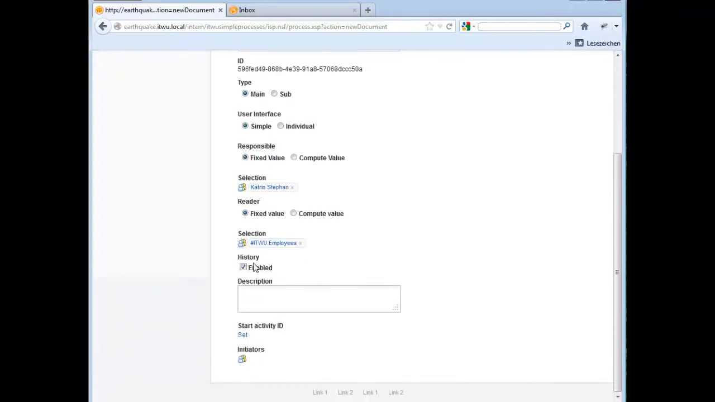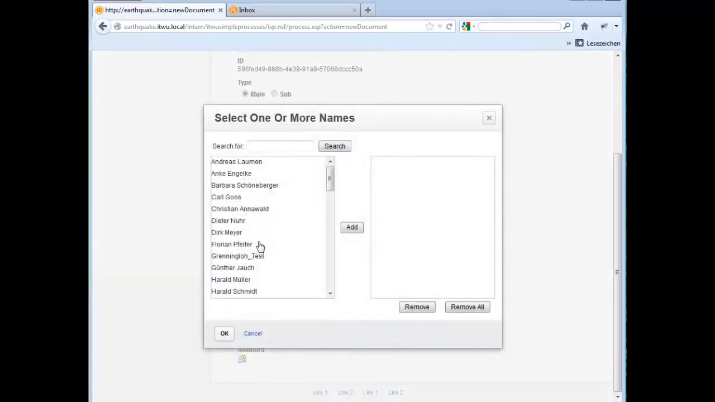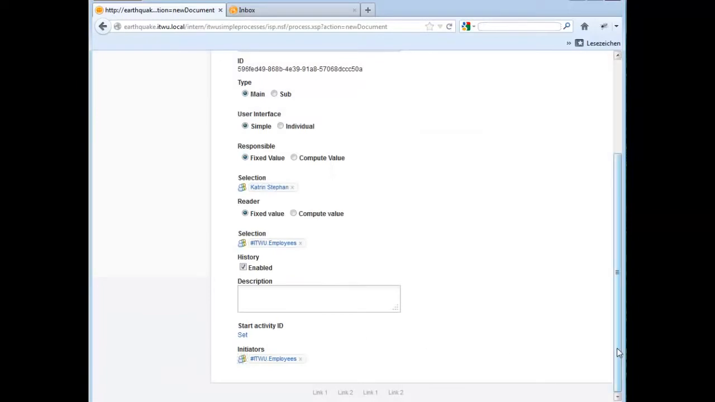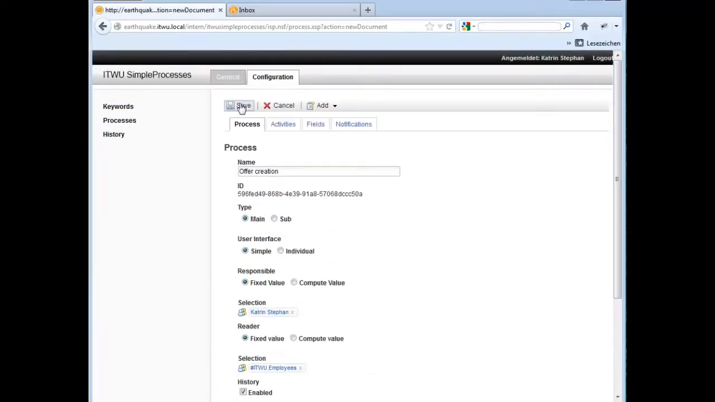Then we can choose if we want the history to be enabled. We drop the description for now and go directly to the selection of the possible initiators of the workflow. For we do not have added any activities to the process yet, so we cannot set a start activity for the workflow yet. So for the initiators, it's of course all of our employees again. Let me save this,